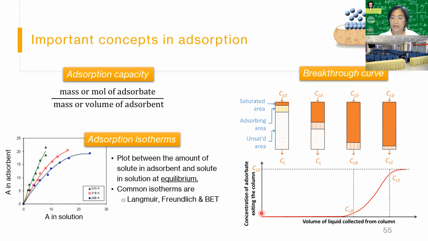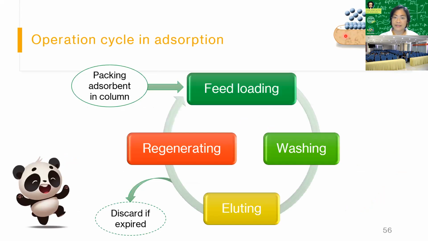Eluting means, looking at these pictures, washing anything on the surface out. So the matrix here is free again. In order for the matrix to be used again, you have to regenerate it to the correct form before it can get reused. So you can have this operation cycle in adsorption many times before you have to